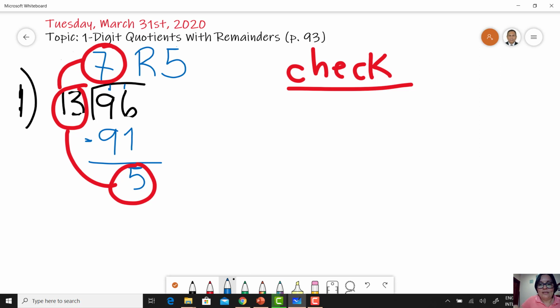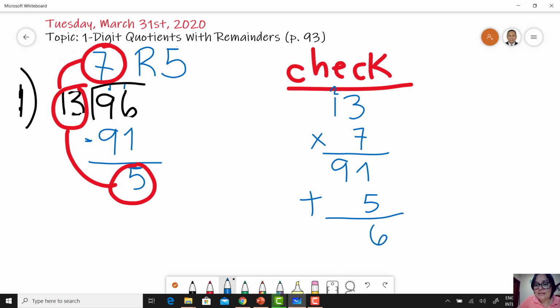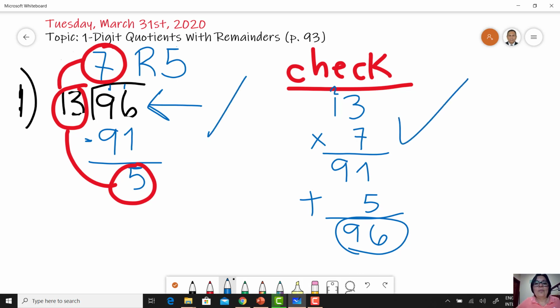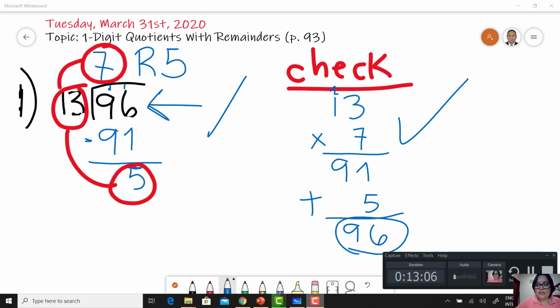So let's do it. 7 times 13 or 13 times 7, that is the same, then plus 5. 7 times 3, 21, is the same that we had before. 7 times 1, 7 plus 2, 91. So now we have to add the remainder, plus 5. 1 and 5, 6. And 9 plus anything, 9. Here we have 96, and it's the same as the dividend that we have in here. In that way, we check that number 1 is correct. So let's continue with